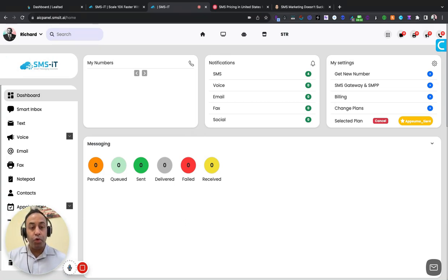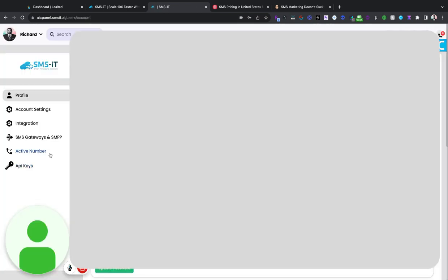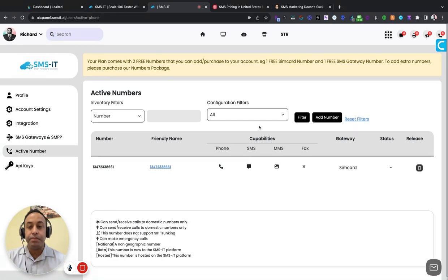All right. So just recording my iPhone. So what I'm going to do now is I'm going to set up a text message to go out here. So I'm just going to go to profile real quick. I just want to make sure the active number is there. So this is the number that I set up, okay, with the SIM card. Cool, cool, cool. Then we're going to go to tools,